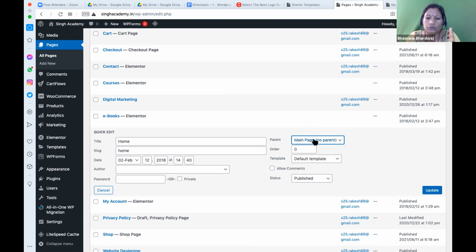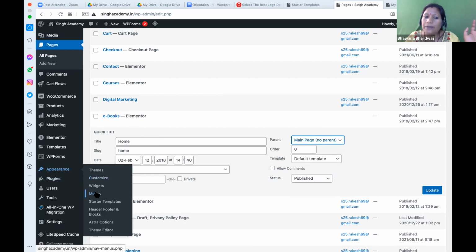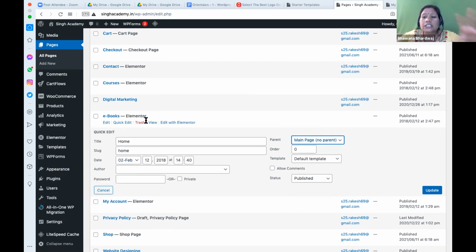यूजर को बाय डिफॉल्ट ऐसा नहीं दिखेगा कि आपने ऑनलाइन कोर्स बनाया. दिस इज नॉट द मैकेनिज्म टू क्रिएट द मेन्यू. अभी जो हम चाइल्ड और पेरेंट बात कर रहे हैं उससे बाय डिफॉल्ट आपका मेन्यू स्ट्रक्चर नहीं बनेगा. मेन्यू बनाने के लिए अलग से हमको अपीयरेंस में जाना होगा, अलग से मेन्यू में जाना होगा, एक-एक पेज सेलेक्ट करने होंगे, मेन मेन्यू सेलेक्ट करना होगा, सब कैटेगरी. तो मेन्यू मैनेजमेंट एक अलग है. मेन्यू मैनेजमेंट में हमने जो भी पेजेस बनाए हैं सबको हम जैसे चाहें वैसे मेन्यू में दिखा सकते हैं.